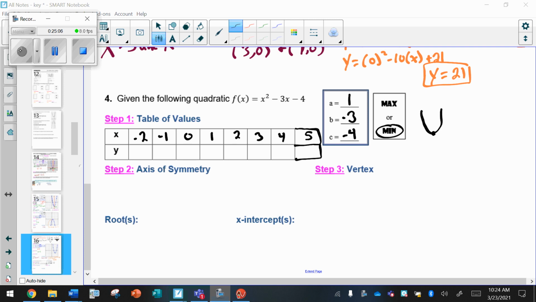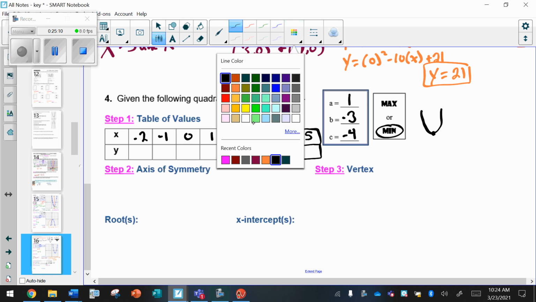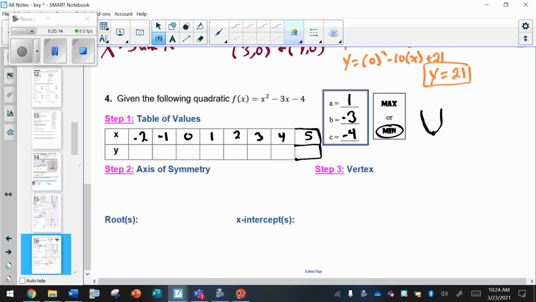So with this one, before we get too far, it's important to make sure we're doing our table right. As you were watching, you just saw that I started filling in numbers and realized, wait a minute, something's a little screwy here. So I went back and checked things. So what happens here is we do not see our exact vertex in the table,